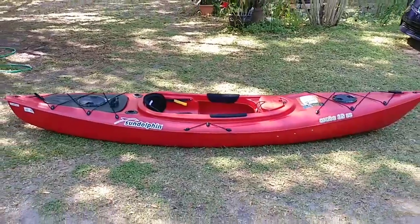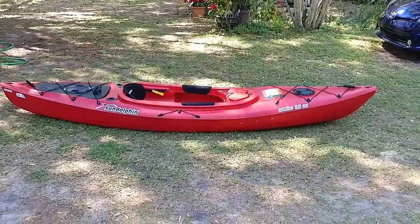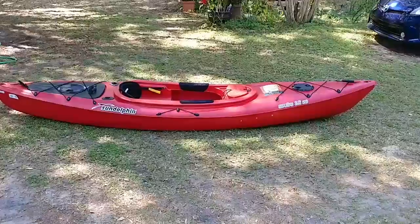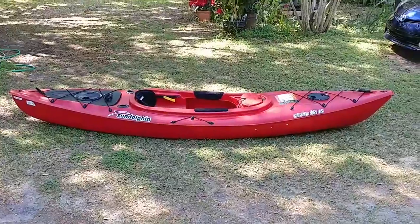Hi there. What I have is the Sundolphin Aruba 12 SS kayak, 12 foot long. And if you'll notice, looking at it right from this angle, you will see that it has two fishing rod holders right behind the seat. Now, if you want to go out and spend $200 more, you can get the excursion model, which is 12